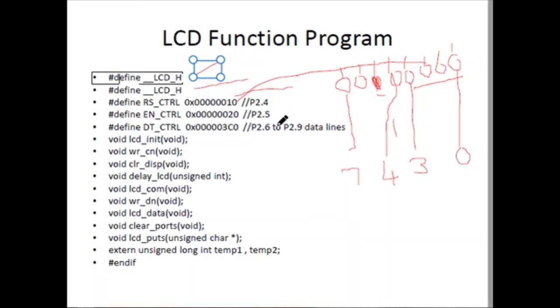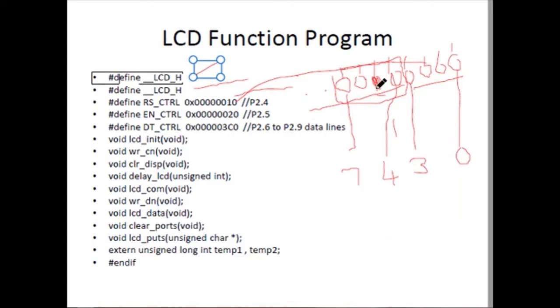So like that, if you check it for the remaining things also, which pins we are using: 6 to 9, 0, 1, 2, 3, 4, 5, then 6, 7, 8, 9. So if you take this group here, which values are we using?